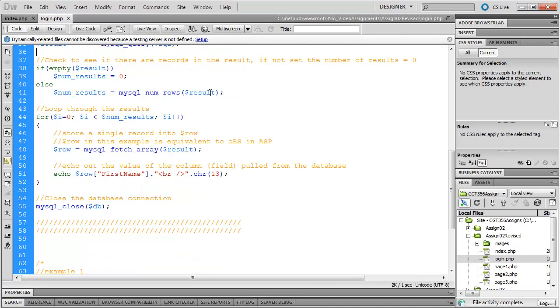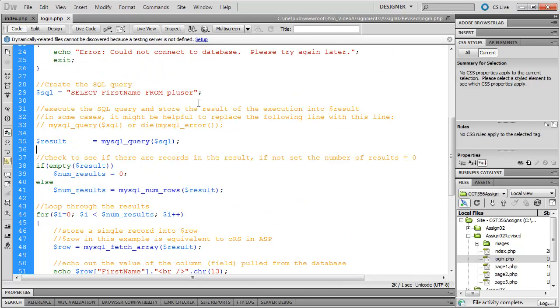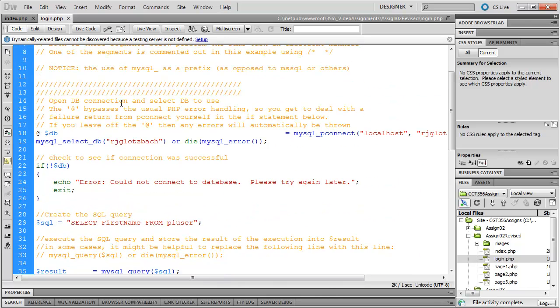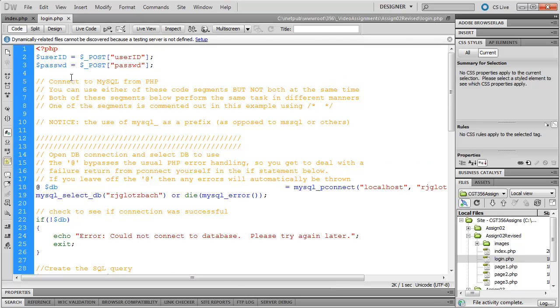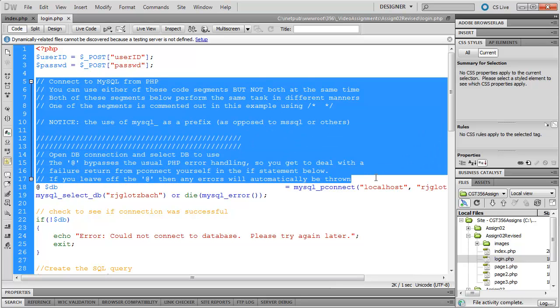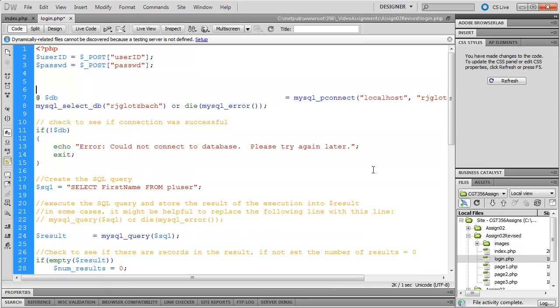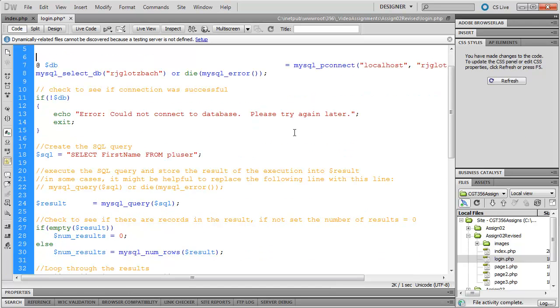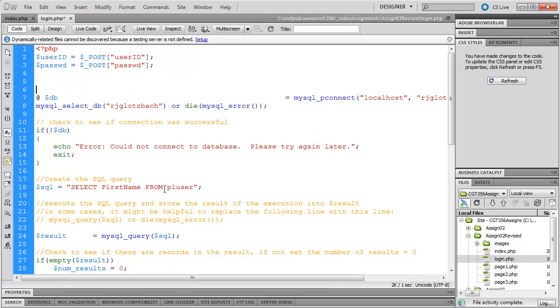We've got a successful connection to the database now. What we need to do is alter our SQL select statement so that it uses the username and password up above. Now for me, I'm going to delete this out just so I can fit more on the screen here. You can leave it in yours if you'd like. We need to use the user ID and the password here. But instead of selecting first name, I'm going to select login. So select login from P1 user where